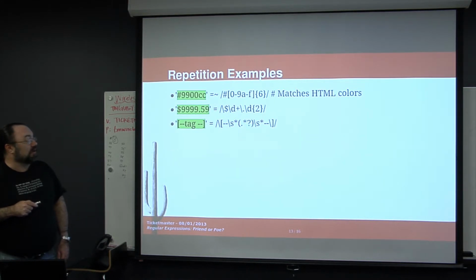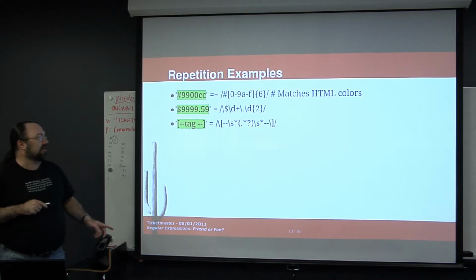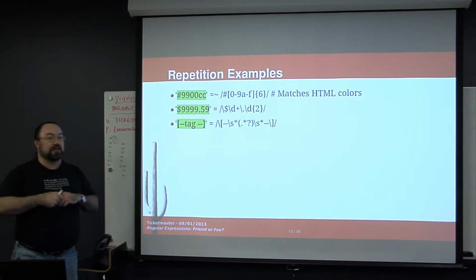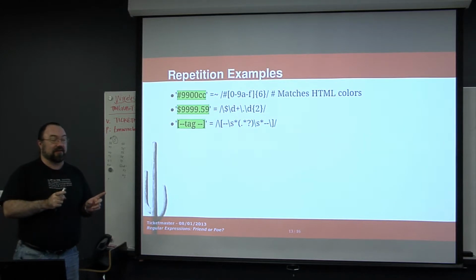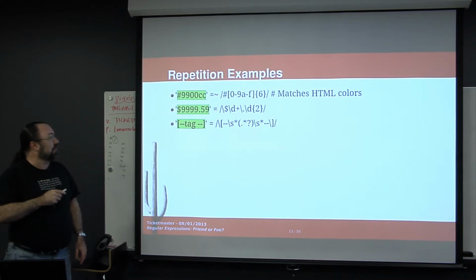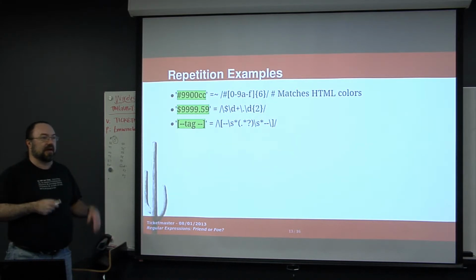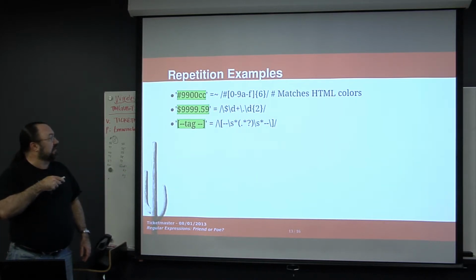This extra question mark here, we'll get into this a little better later, kind of puts the brakes on the dot star. Dot star means match any character except new line, right? So I'm looking for a literal square bracket, 2 literal dashes, 0 or more white space, and then I don't care what is in between, whatever it is, grab it. Could be anything. I just want to know what's in between this thing and this thing.